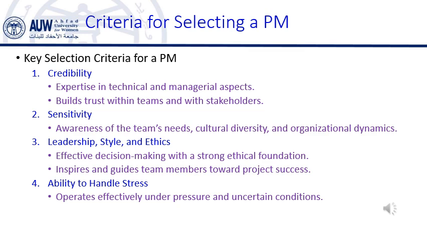Transparency: the PM should communicate openly about issues, delays, or changes in the project. Honesty: the PM must be honest about what can realistically be achieved and not make promises they cannot keep. Example: if a supplier causes a delay in delivery, the PM must be transparent with the client about the issue and work to resolve it without hiding the truth. This ties into our earlier lessons on stakeholder management and communication. A PM with high integrity builds trust and credibility, which is essential for a project's success.